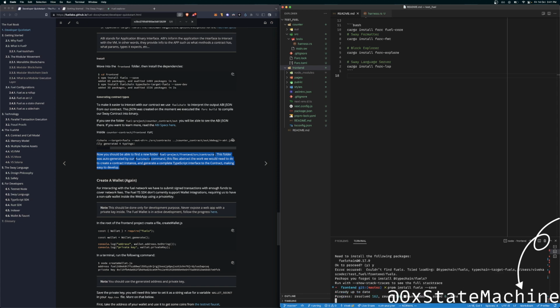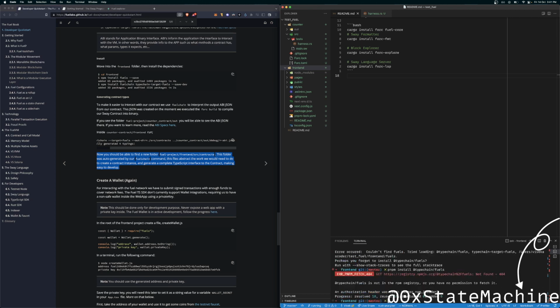Do you want me to use this flag? Forget to install typechain fuels. Typechain. Did I misspell it? Did you forget to install it?